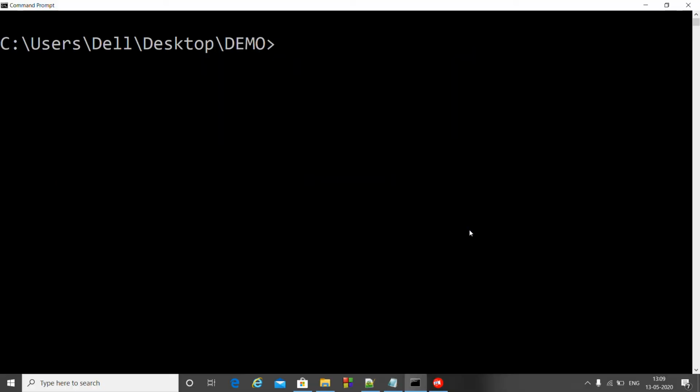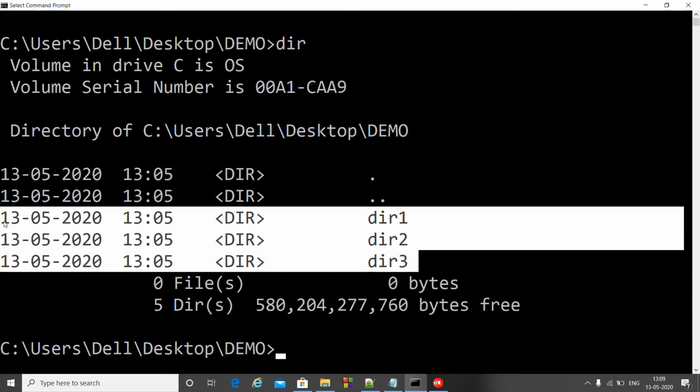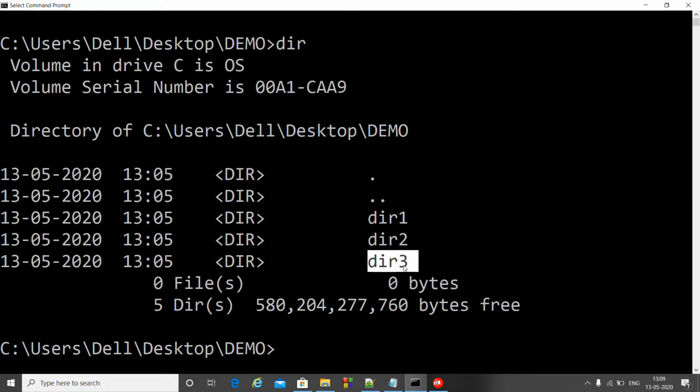The next command that we'll be learning will help us in listing the contents of the directory where we trigger that command. Suppose we trigger the command dir here. See, it has listed all the contents of the demo directory: dir1, dir2 and dir3.